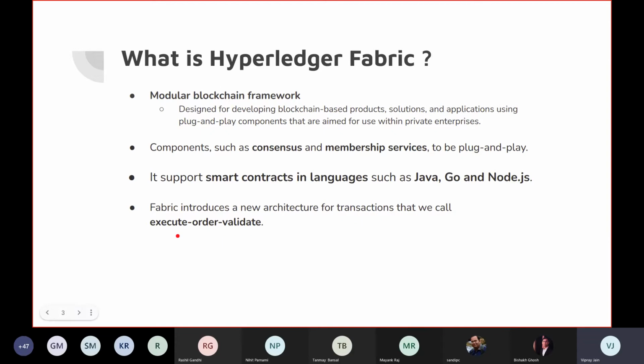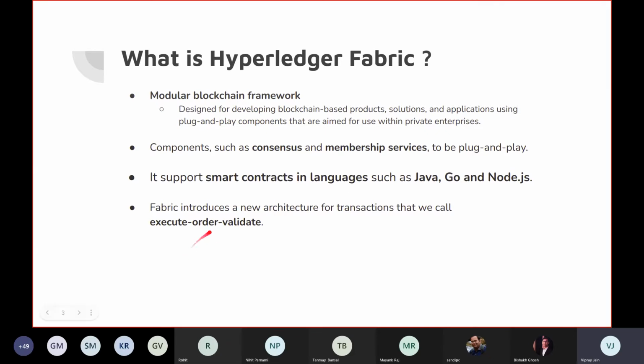The other important thing about the Fabric architecture is that it follows an architecture of execute, order, and validate. All the blockchain systems, or I should say almost all the blockchain systems available across the world, are built on the model of order and execute. So first of all, they take a block, then they validate it, then they order it, and after all that, they will execute it, because in that domain, a smart contract needs to be deterministic. Deterministic means there is a limit of functions which we can do on it.